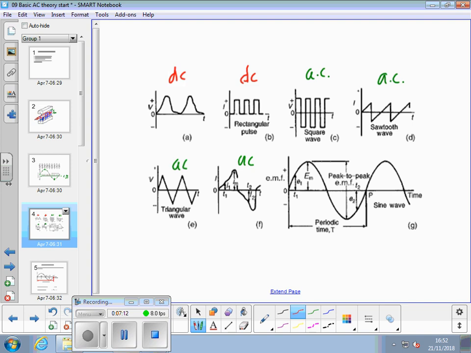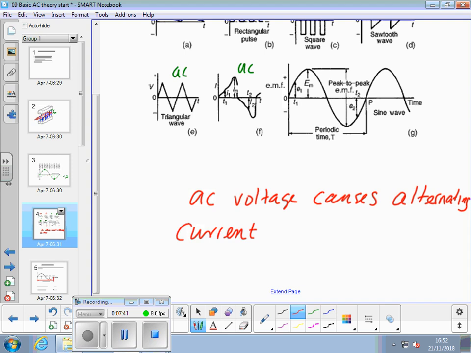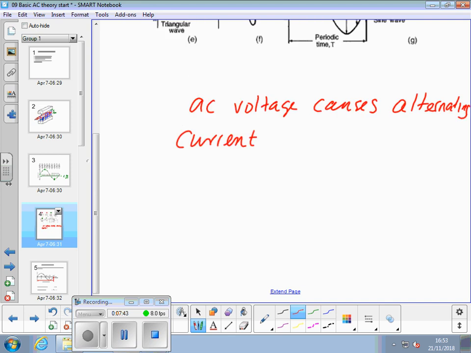The terms that are on here, I think I got better on the next pages because I'll draw them in bigger diagrams. Okay? Because AC voltage causes alternating current, i.e. effectively in a circuit